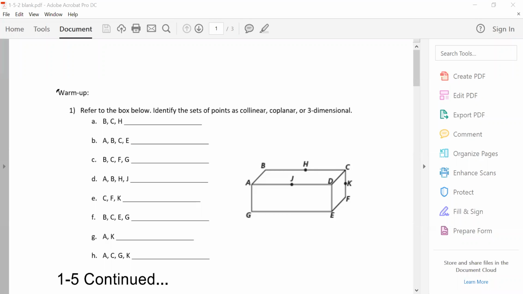Hello. I'm going to attempt to show you how to do this note sheet. I hope this is working. Okay, I think it is. Good. All right. So anyway,